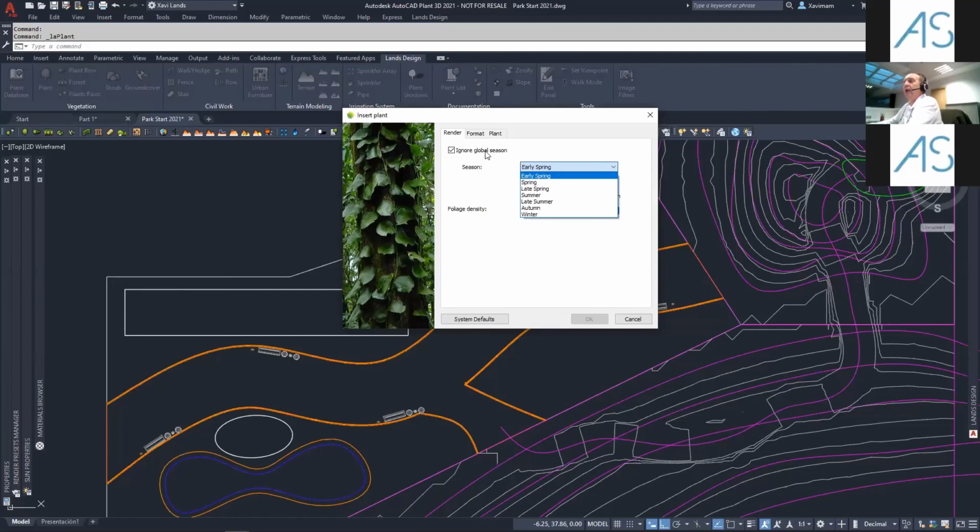Well, I can ignore the global and get in deep. I can select information about the caliber and the presentation. And these are values that the program has included. But if, for example, I'm working with a garden designer,